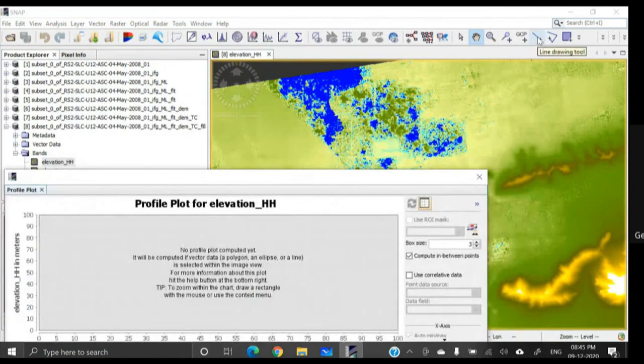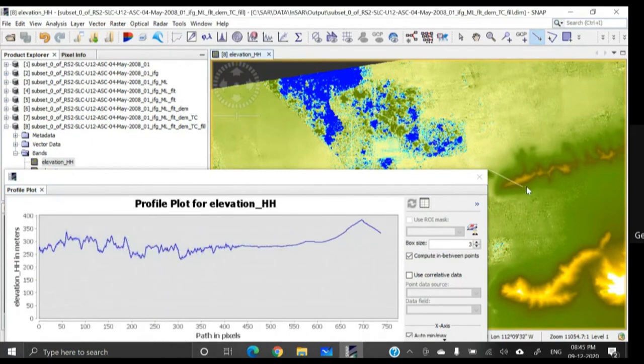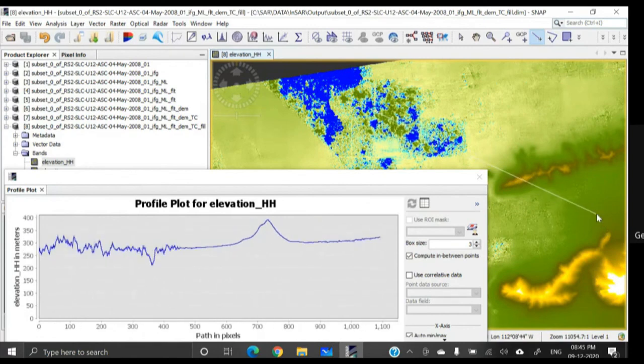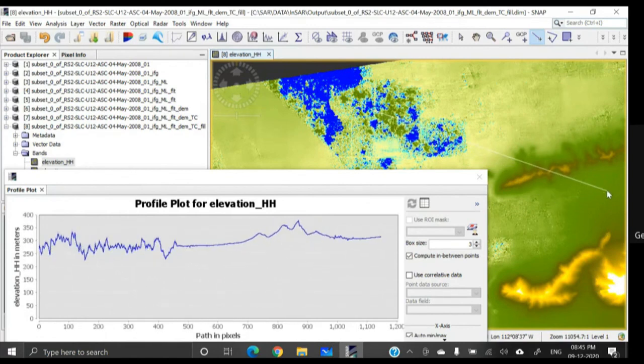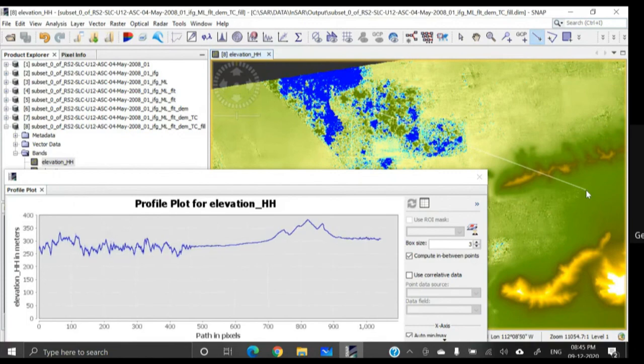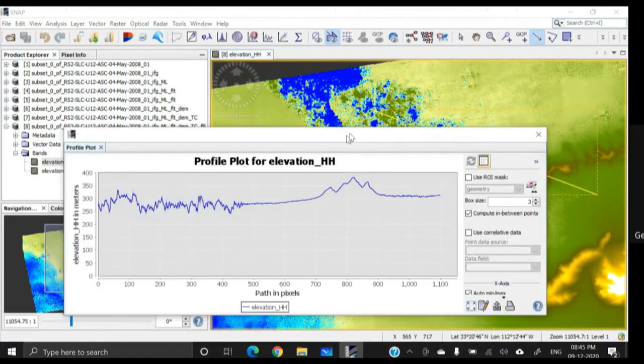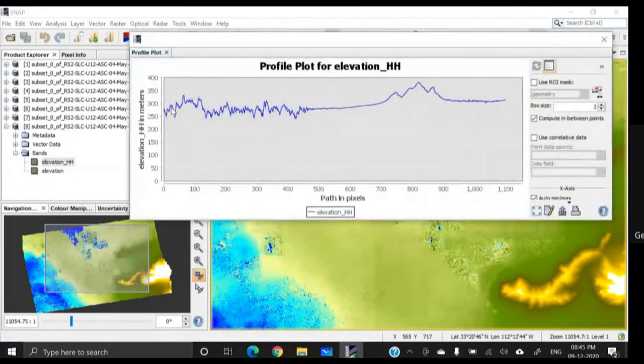So click on this button, line drawing tool, and then click and hold the left mouse button on the image, and drag it. So for example, up to this point, we want to get the profile. So this is the profile. This is for the originally created elevation.